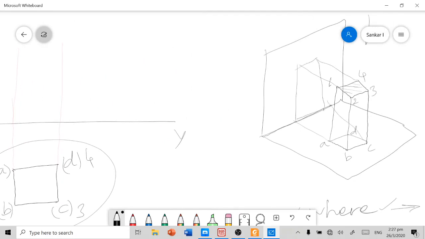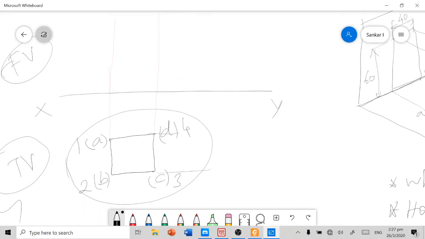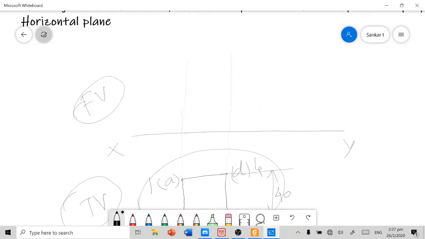The lateral view of the current object is nothing but a rectangle, and the dimensions are: this measures the axis height of the solid, that is 60 mm, and that measures the base side of the solid, that is 40 mm. So these are all the solid dimensions. Here this is nothing but 40, and before drawing the lateral view, first you have to estimate the axis height. The axis height is 60 mm.